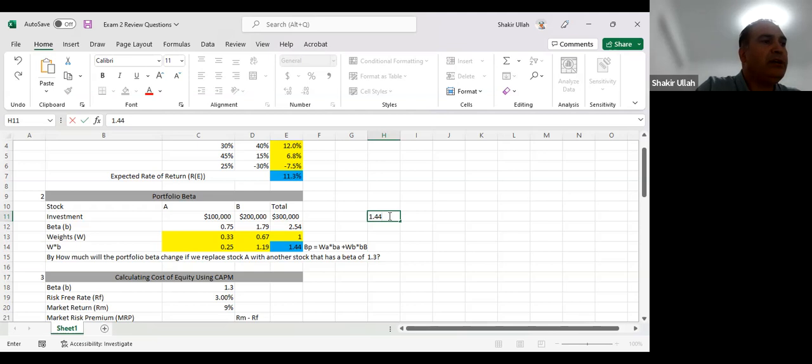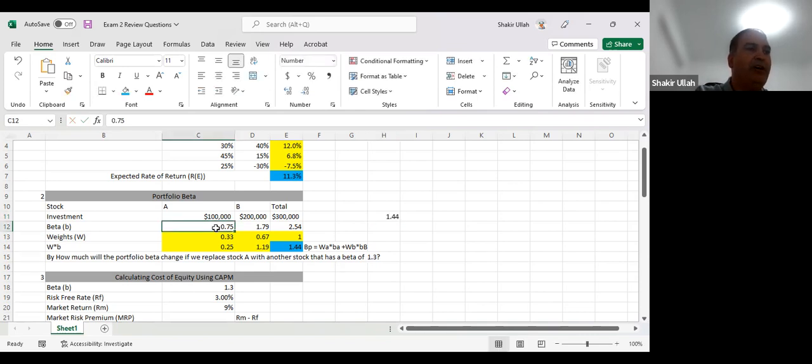Now they're saying that we are going to replace asset A with another asset. And the only change that we have is that the beta of the new asset is 1.3. Okay, so what we need to do is to just replace the beta of asset A with the new beta, so 1.3, and we see what is the new portfolio beta. That comes out to be